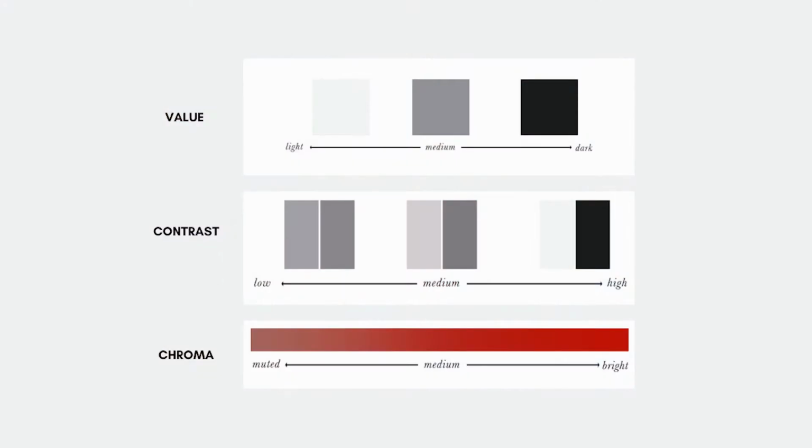Okay, so to summarize, hue is just another name for color. Value is how dark or light a color is by adding white or black. When you add black, it's called a shade, and when you add white, it's called a tint. Contrast is the difference in value between two or more colors. Chroma is how bright or muted a color is. A low chroma is a hue with gray added to it, and a high chroma is a hue that is